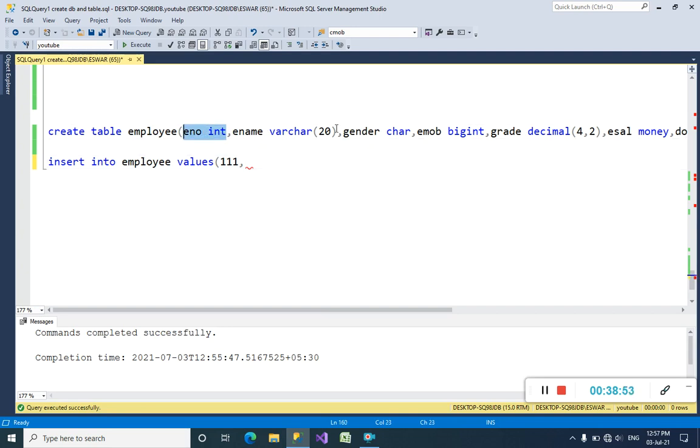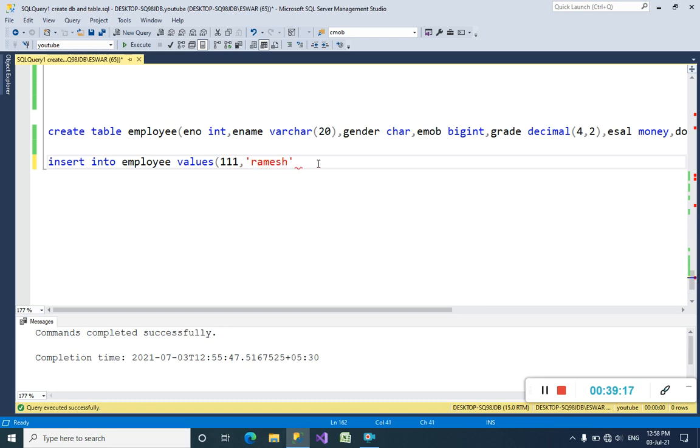Also I want to insert the name, the second column. His name is Ramesh, but we cannot insert it as is. We can insert numerical data types like this, but we cannot insert string data types without single quotes.